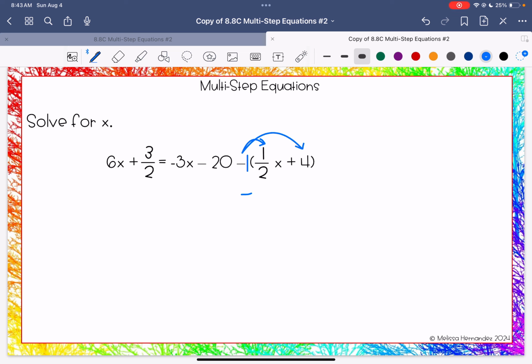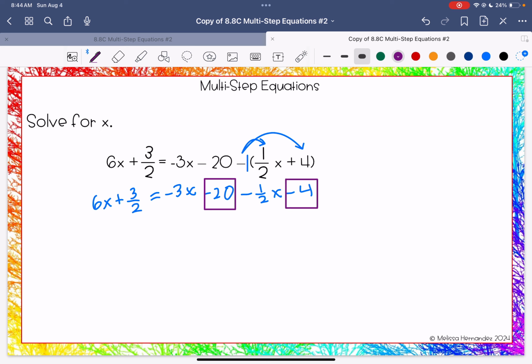This is negative half x minus 4. I'll bring everything else down just to keep it organized. When you're solving for x or any unknown, you're just using inverse operations after the equation has simplified as much as possible. All right, and that's probably not even grammatically correct how I said that. Oh well. So I can combine